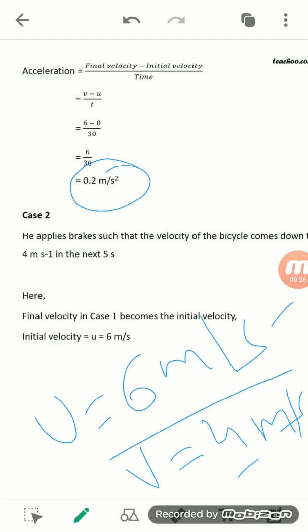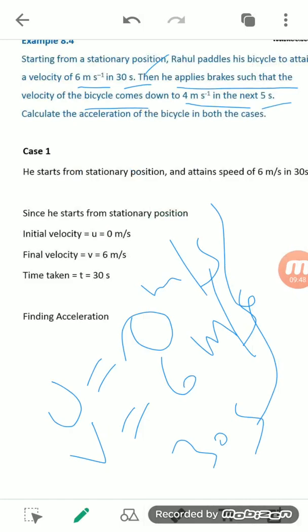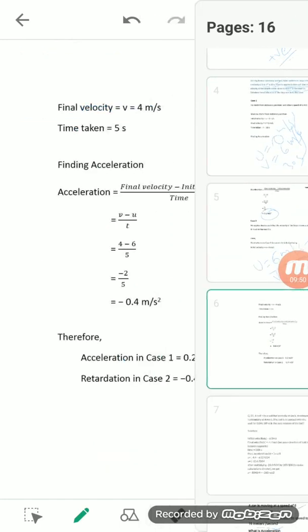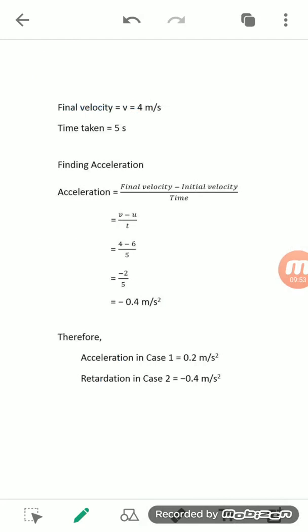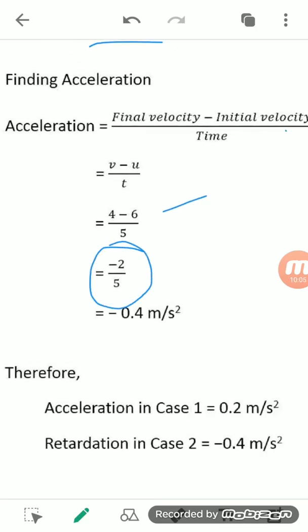So the initial velocity is 6 meter per second, while the final velocity is 4 meter per second. What is the timing here? Time is, you can see here, 5 seconds. Again, by putting the same values, the final velocity was 4, while the initial velocity is 6 meter per second, upon the time taken, 5 seconds. So the value that came is minus 2 by 5, that is equal to minus 0.4 meter per second